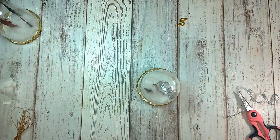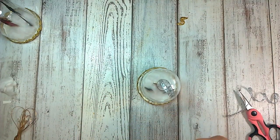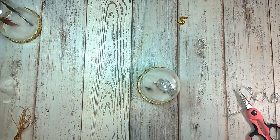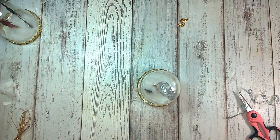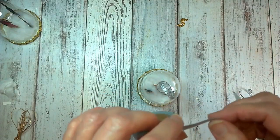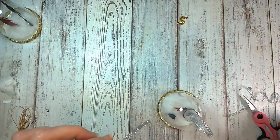I happen to have some silver washi tape here, but you could use more trim. You could use a lace trim to put around there. You could use decorative paper, anything that's really thin. Now let me see what's the width of this. This is a quarter of an inch wide. So that's just about what will fit really nice on that little stem there. It's about a quarter of an inch wide